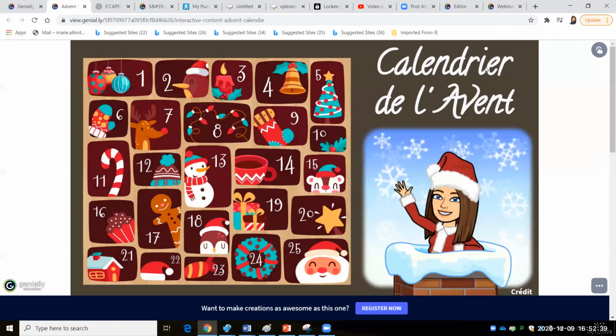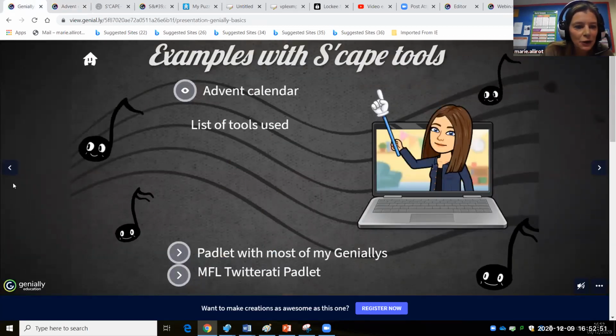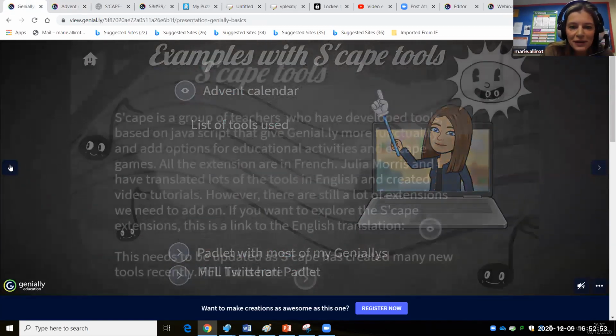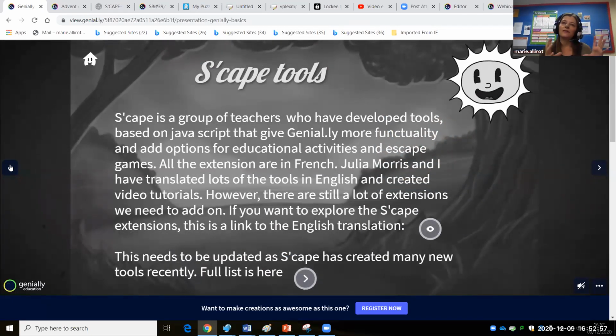Can I just check with the Scape activities, how can you then embed that into Genially? Is that through iframe again? No, it's with, what's it called again? I'm not very technical with this. It's with JavaScript. The Scape team designed templates, and you use their templates if you want, and you use their little bits of coding, and you copy and paste them on the Genially.